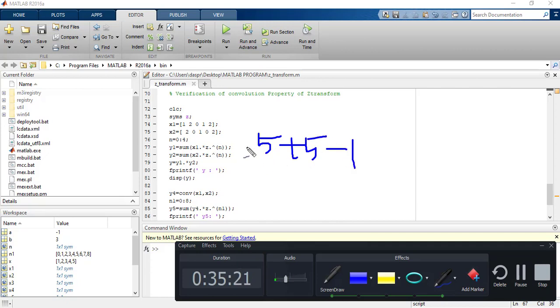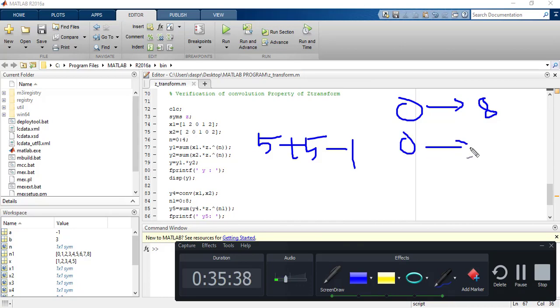That means 9. Now if you start from 0, the result of the convoluted signal will be from 0 to 8.